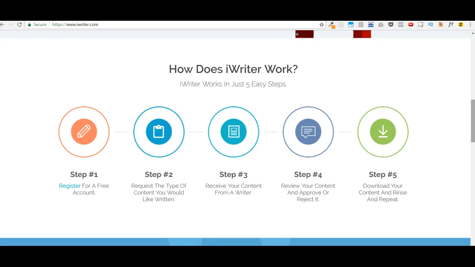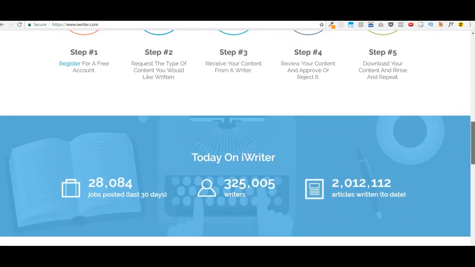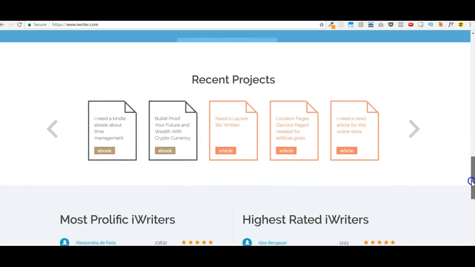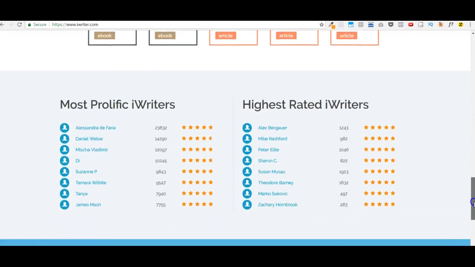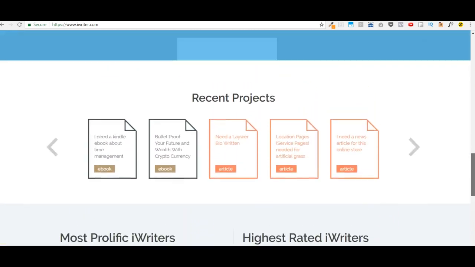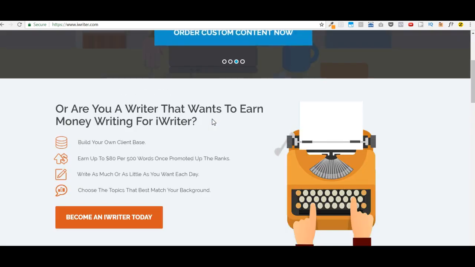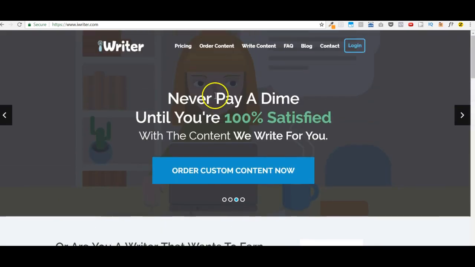Now, I think what they do with iWriter is they give you the content in the form of an image. That being the case, you can't just copy and paste it, which is how you're able to see exactly what they've done for you without you paying for it. And if you don't want it, you just reject it and they go again, or you get somebody else. So this is a great way in order to get some really high quality content for a monthly membership program. And you might want to just go through and ask for some prices and see kind of what you